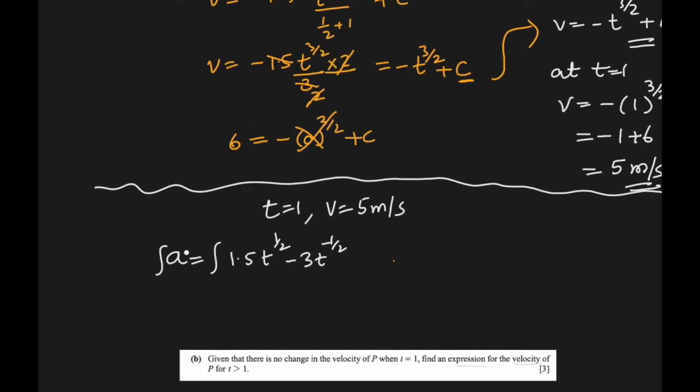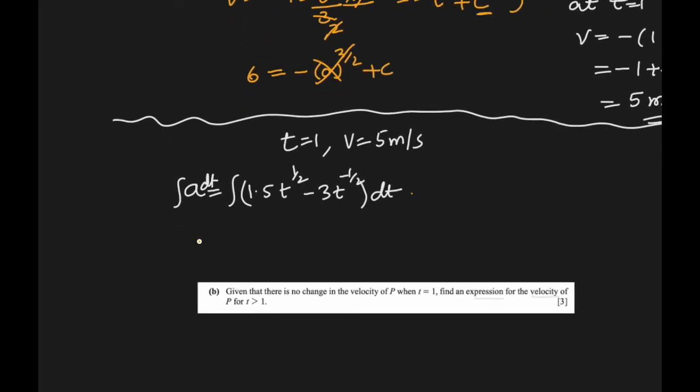We have to again integrate with respect to time, so integration of acceleration is velocity. This will be 1.5 t to the power 3 over 2 divided by 3 over 2. First thing first, 2 times 1.5 is 3, so it cancels out. Then minus 3 t to the power minus half plus 1, positive half, divided by positive half,